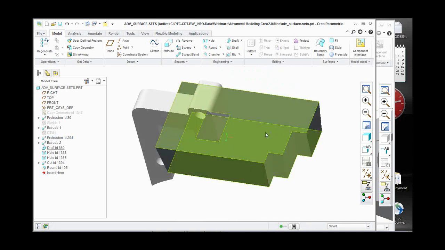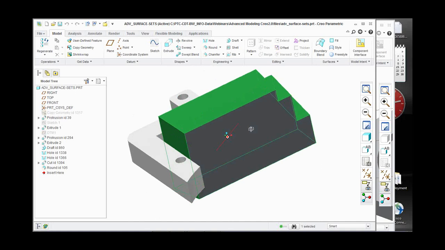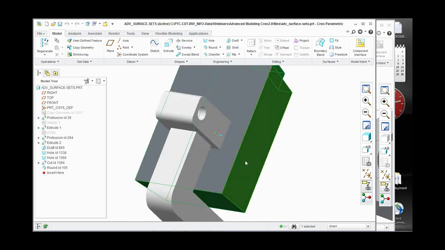There they are. Now, the way this works is that if I pick this surface, and then if I hold the shift button and come out to the edge, you will notice that all of those other surfaces highlighted around that were touching that top surface. Still holding the shift button, if I left click and let go, I have now selected all of those surfaces that were touching the loop